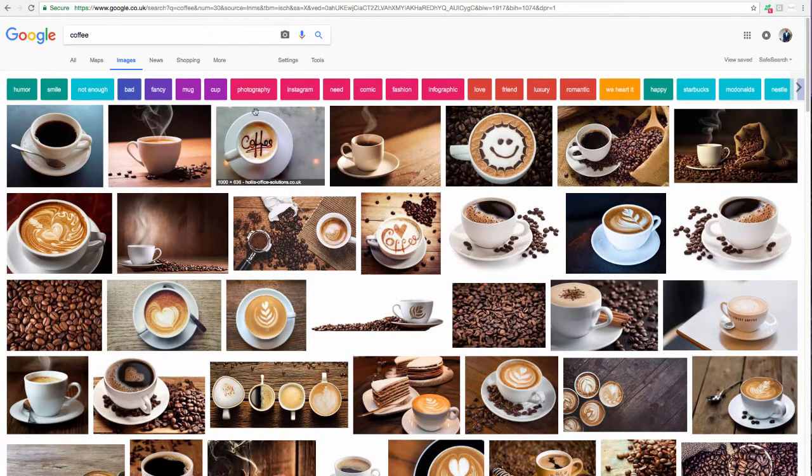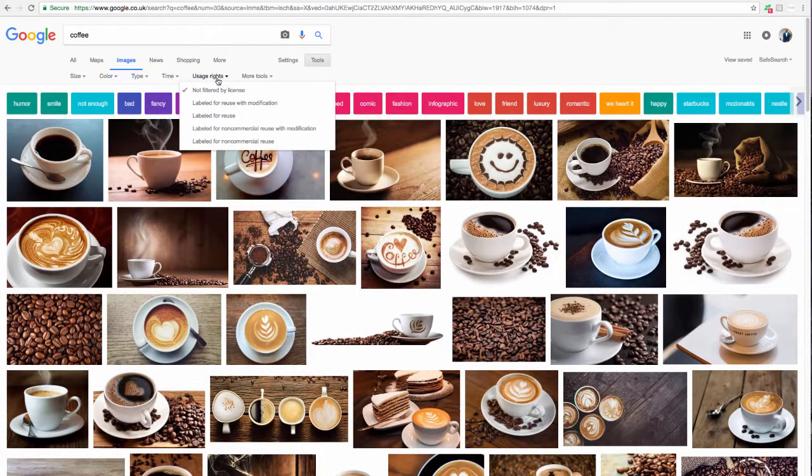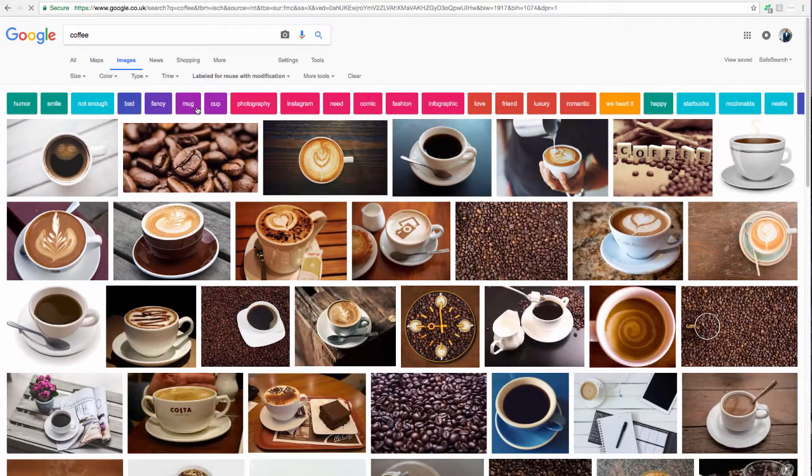So in this scenario, you can select any of these. Or you can select Tools, Usage Rights, Labeled for Reuse with Modification. Let's go with that one. And all of these I can now use. Okay? Okay, so that I think covers all of your points there,